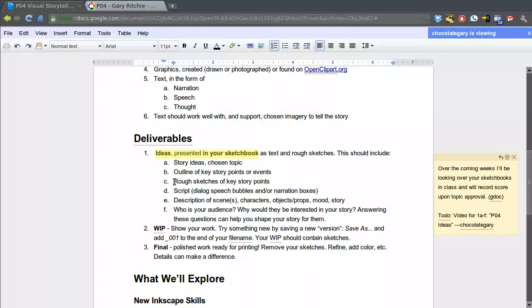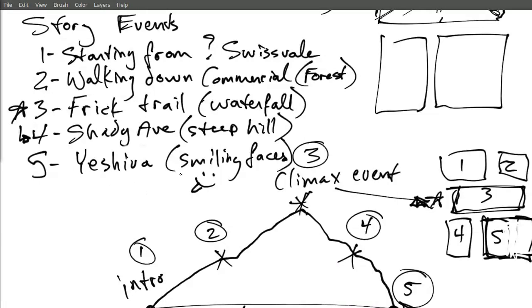Now, I might recommend doing some rough sketches of your key story points, or perhaps going to the script. You don't need to do these in that exact order. For some of you, it might be easier to write the script if there's any dialogue. So when we go back to our sketchbook,